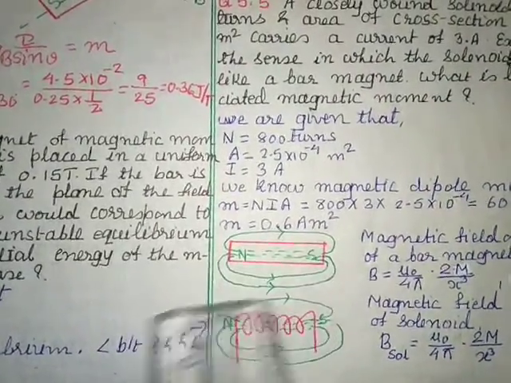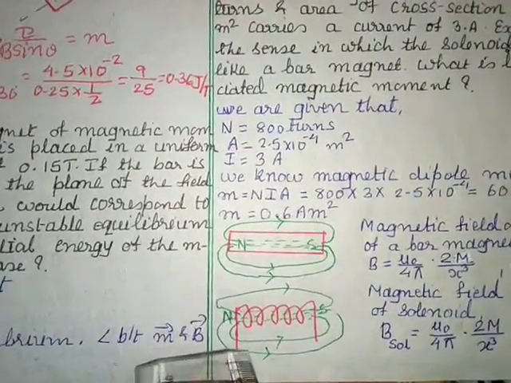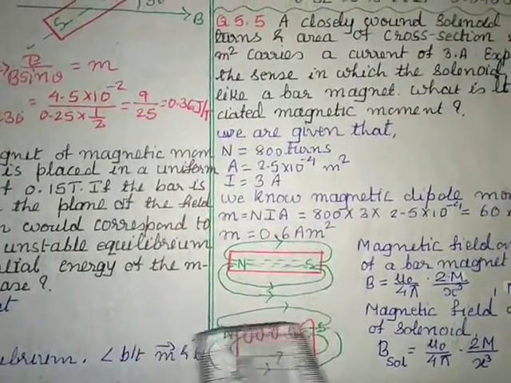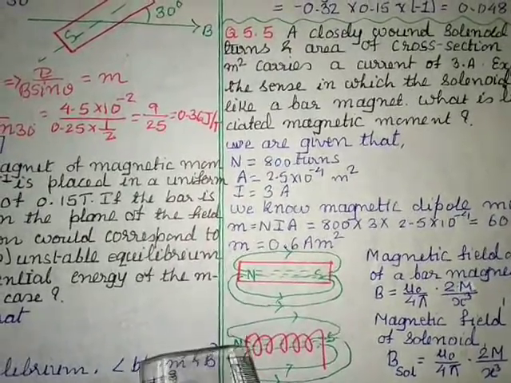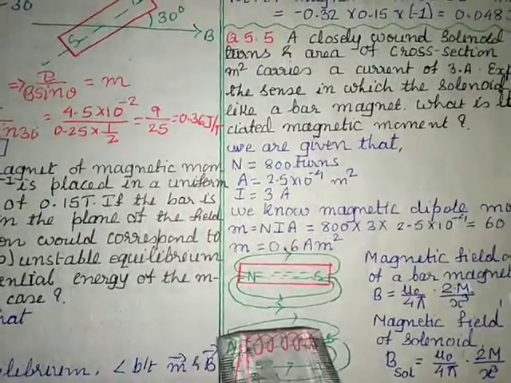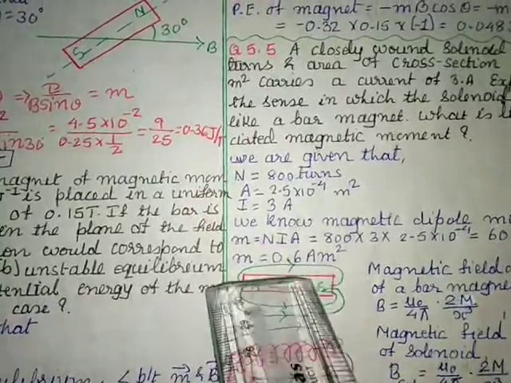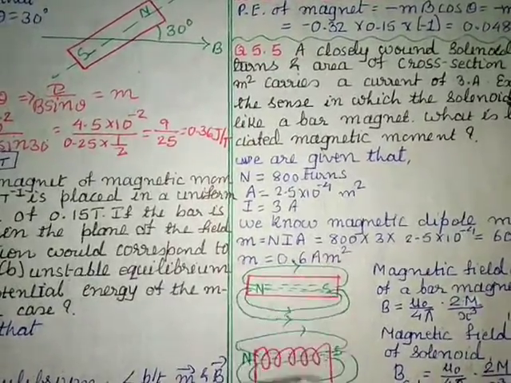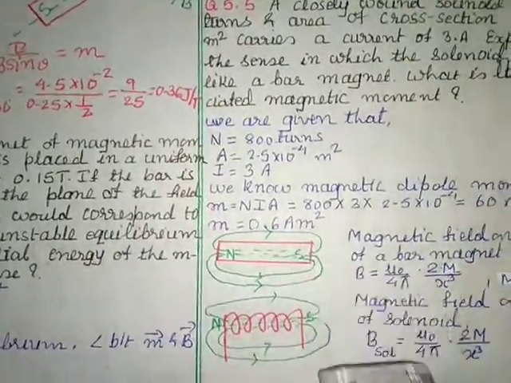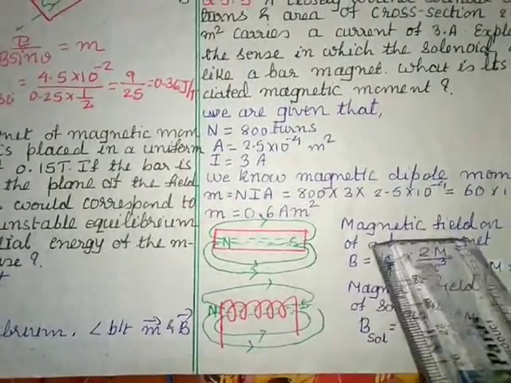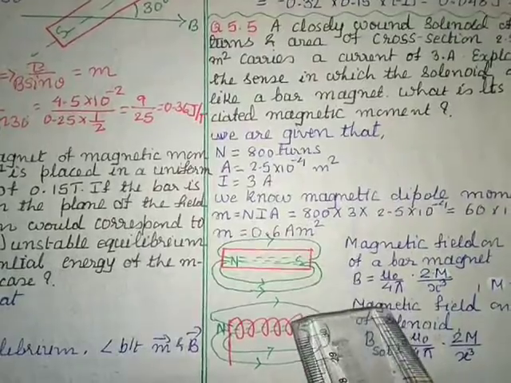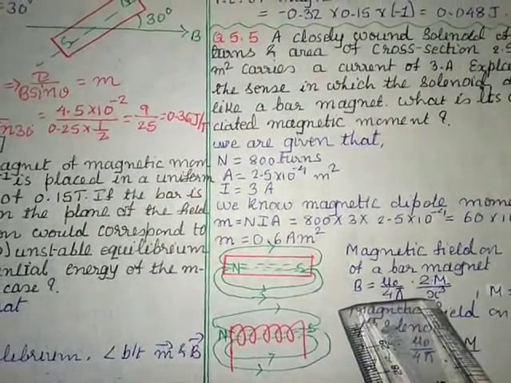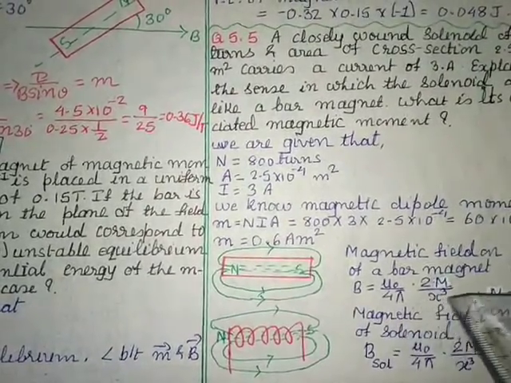Same way, if this is a solenoid, if current is passing from here, then these two sides will act like the poles. This will become north pole, this will become south pole. So we can say that the two are equivalent. Or other way you can say that the magnetic field on axis of a bar magnet is given by B is equal to mu naught by 4 pi, 2m divided by x cube, where m is m into 2l.